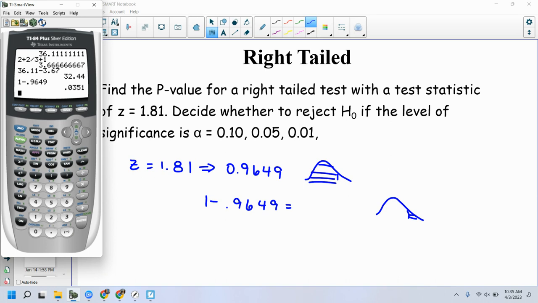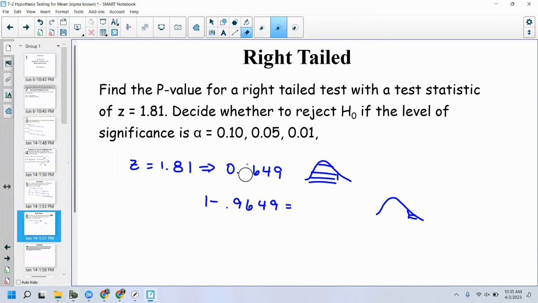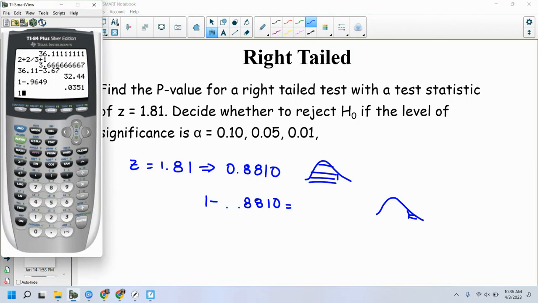Oh, I did the wrong number. 1.18. Oh, yikes. 0.8810. Excuse me. Got the wrong number off the table. I think I was looking at 1.28 or something. Never mind, 1.18. That's much better. Okay, so 1 minus 0.8810 gives me